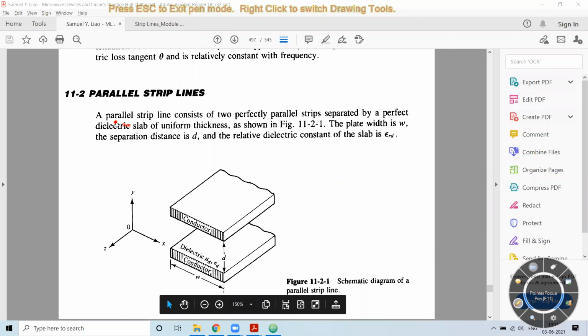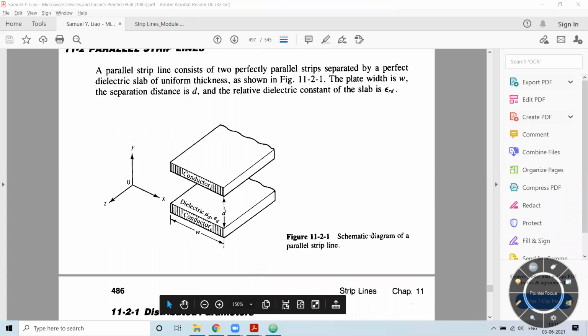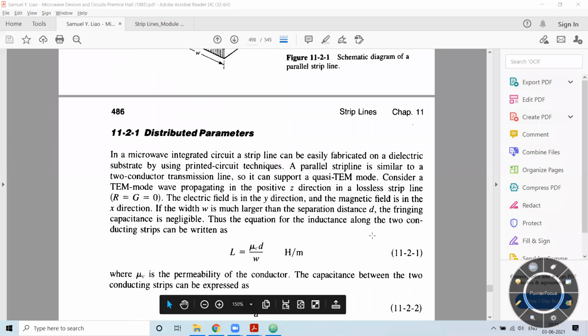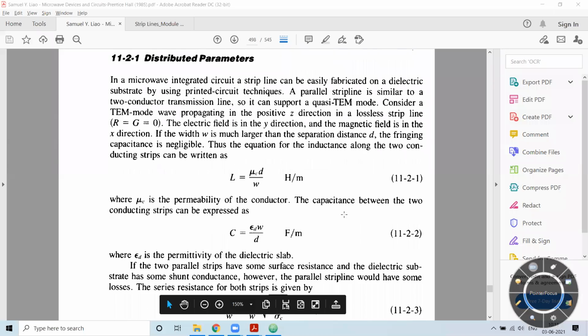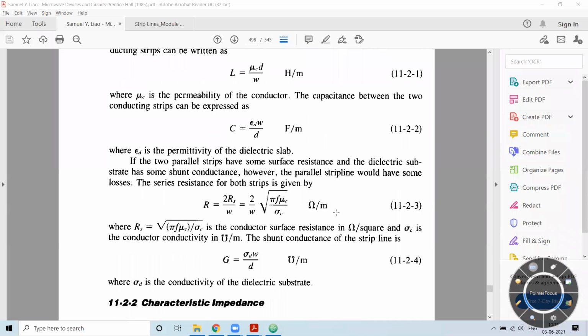That is, at the starting, we had gone through some derivations associated with that. So because of that, we have to associate the distributed parameters along this strip line. That is, this is acting as a transmission line along which the distributed parameters are associated. So based on that and the derivations we had done, we have the same representations over here, that is